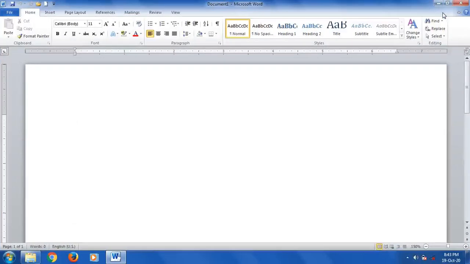When we apply this bold, italic and underline, we can emphasize the text and we can catch the reader's attention. The person who is reading, you can catch the attention of that reader, and if you want to highlight any parts, you can make it bold or you can underline only those sentences or only those words. So whenever you want to highlight any particular sentences, particular words in notes or in a paragraph, in that case this option will be very useful.